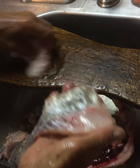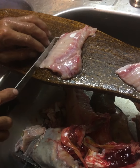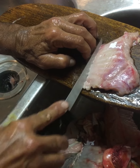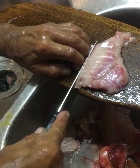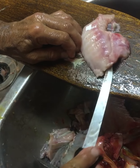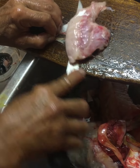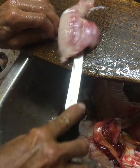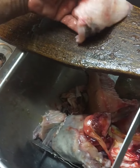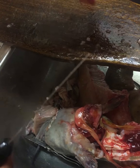Nice. And then the belly needs to be filleted off too. So you're like, well, aren't you done? No. You got to throw that back down. This is going to be harder to do, so I might need the skinning pliers to get a hold of this. This is really thin, so I've got to be careful as I cut down to it that I don't cut through it. No pun intended. And then I've got to hopefully use the knife to work through that separation between the meat and the skin, that inside skin. Boom, look at that. Most of it. Missed a little bit here, so I'm not sure how I'll get that, but